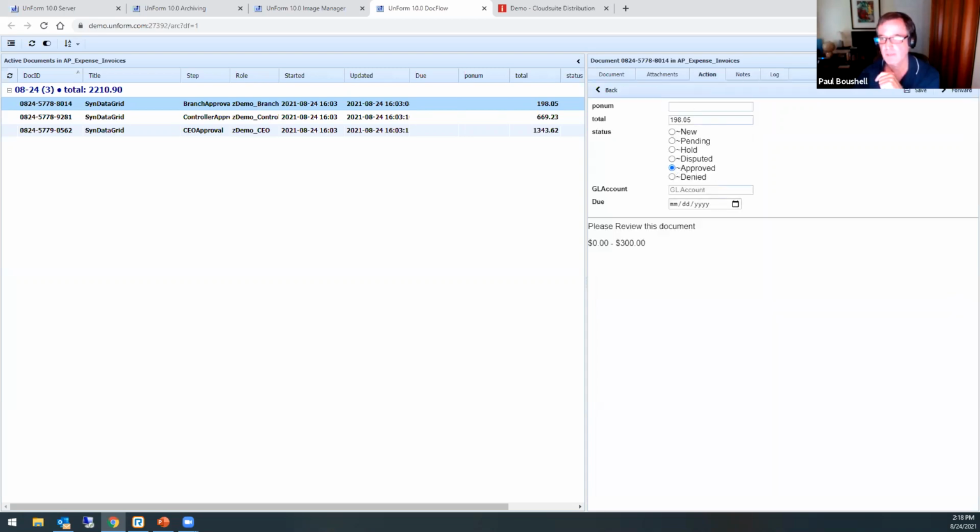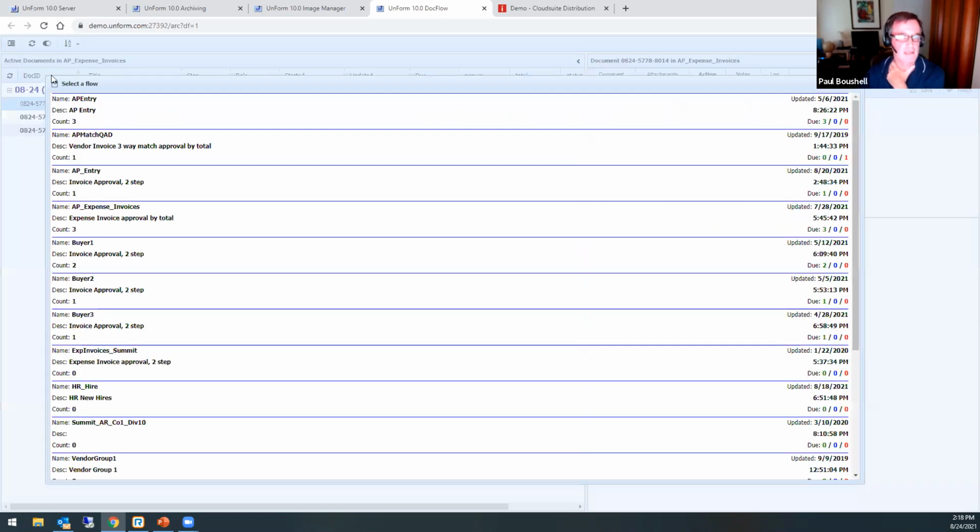So then once it's been approved and I hit save, I'm going to forward that to the next step in that flow. And what's going to happen is the accounting department's going to get an email that says, hey, this invoice is approved and it's ready to go. You can go ahead and enter it and process it. So again, on the expense invoice side, it's a different flow than what you typically see with a trade invoice.